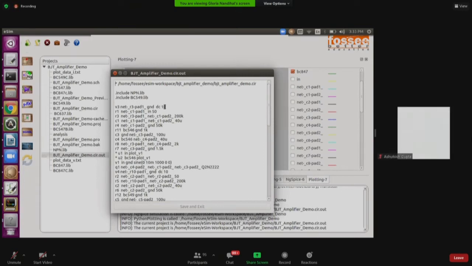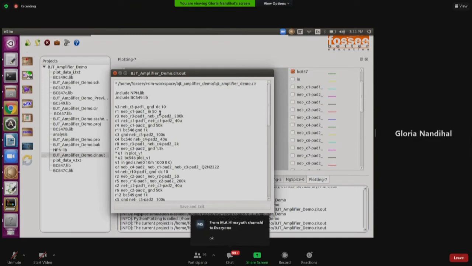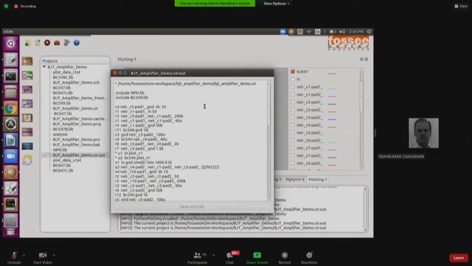Yes, ma'am. Why I'm saying this is that you can model it. It's not required that you run a schematic and do it and then come back. If I want to see the plot for 4K, it's not required to go back to the schematic editor, write 4K there, annotate it, then generate the netlist. You can change it here. Anyone has doubts? So understood, right? How we model the ngSpice file.